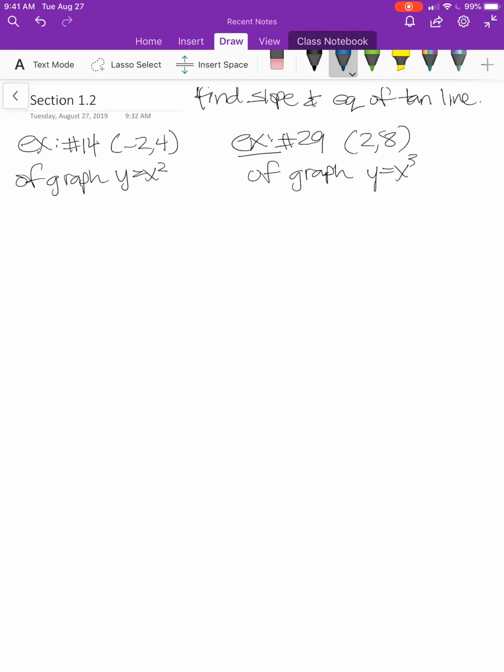So the graph of y equals x squared, right? We know that you don't want to graph each of these, but I want to provide a quick visual here. We know y equals x squared, very rough sketch, is a parabola, does something like that. So at this point, negative 2, 4, we know that that's on the graph because if you check it, this is x and this is y. 4 equals negative 2 squared, 4 equals 4. It is definitely on the graph. But anyways,